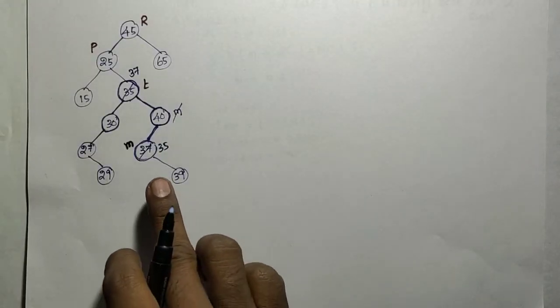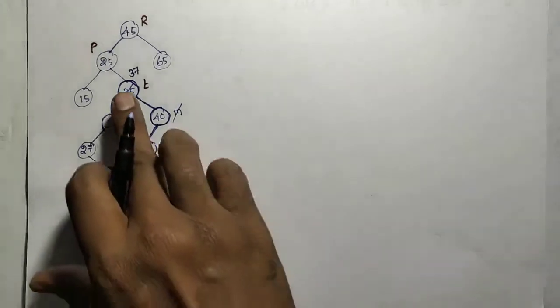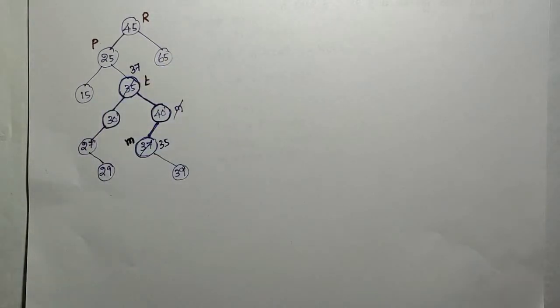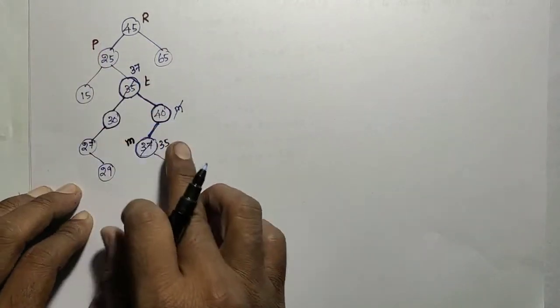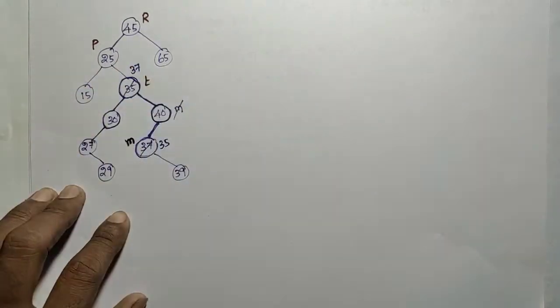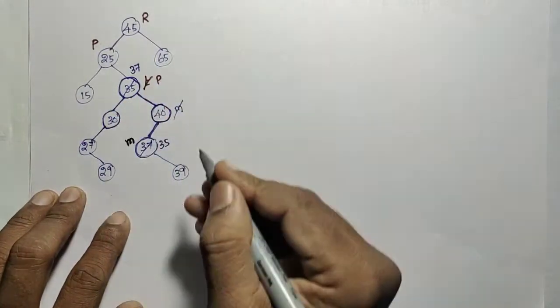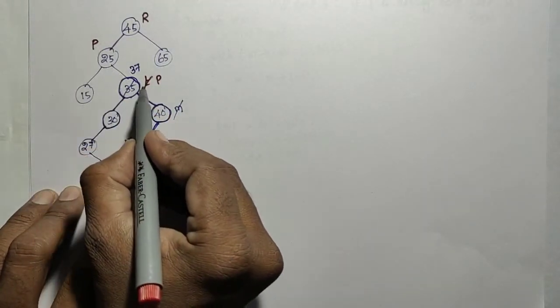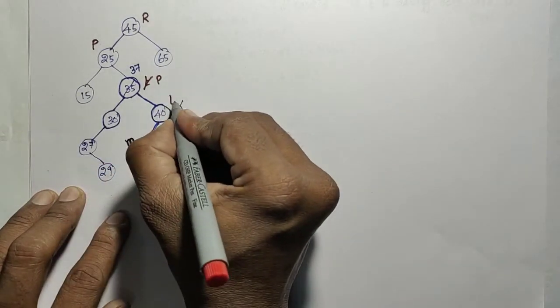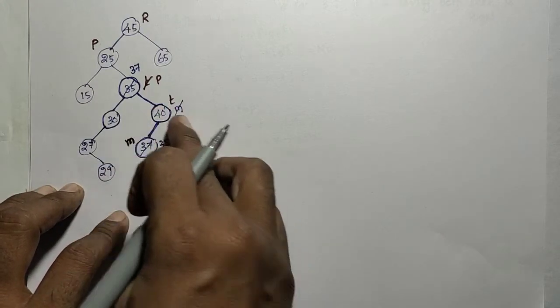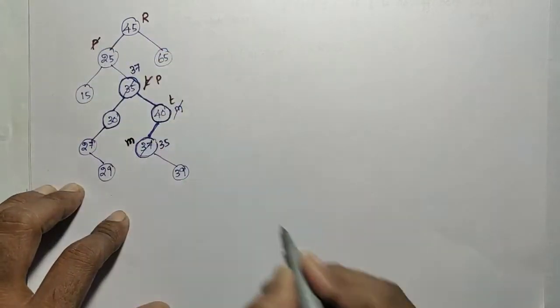See that so far we have not deleted the 35. 35 is the node to be deleted. So far we have not deleted it, we have just swapped the content. After swapping the content, I have to continue the searching of 35 after changing the current p and t. We have to update the current t as the p, and t has to be moved to the right side. So t equal to t of right, because we have selected the right subtree. So t needs to be moved to the right side.